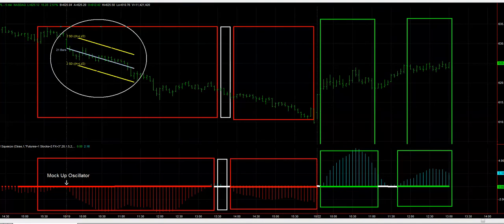Here is the standard deviation tool from TradeStation. It is simply set to 21 bars right over there and 2 standard deviations over there. Okay,